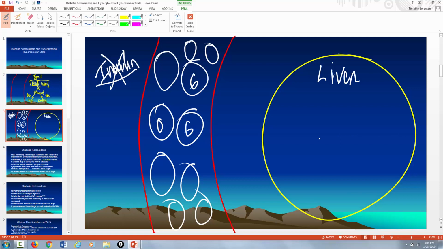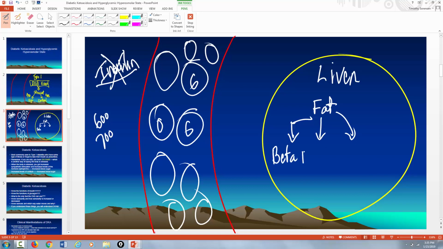Look, the liver doesn't know that you're a diabetic. All the liver knows is that it ain't getting glucose. And as a result, it thinks that you haven't eaten in a while, so your blood sugar is low. That's what the liver's thinking. When in fact, your blood sugar is very high, 600, 700, right? That's high. So the liver says, look, my brain needs glucose. So what the liver will do is take fat and convert it to